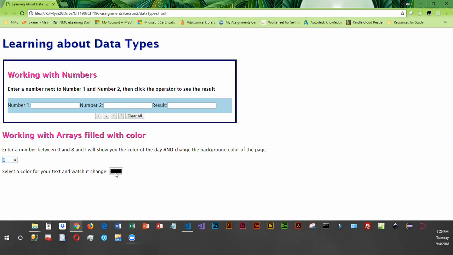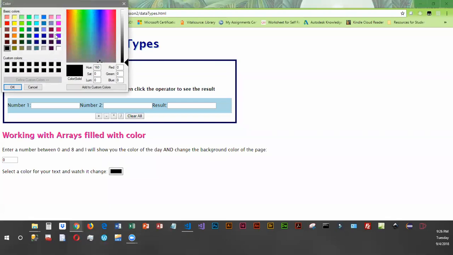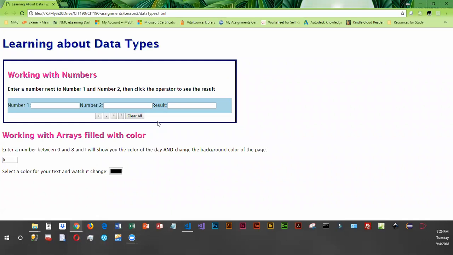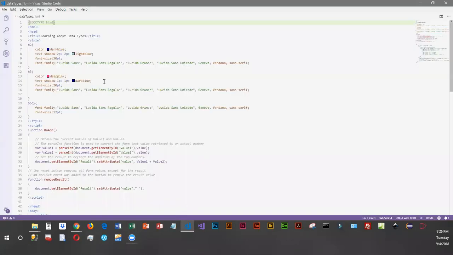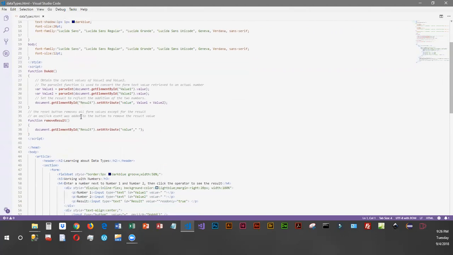And then finally, we are going to program this so that we can actually pick a different color for our text, and it will change the text in the page. And we're going to do all of this using JavaScript. So I have downloaded the file and I've opened it in VS Code. And our first task is going to be to add the functionality